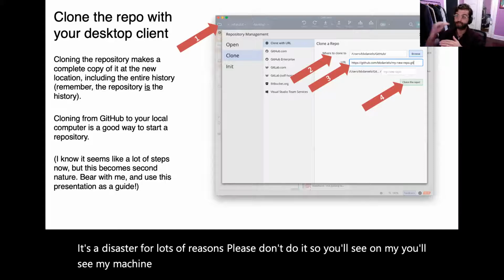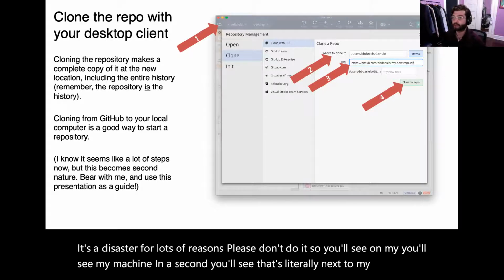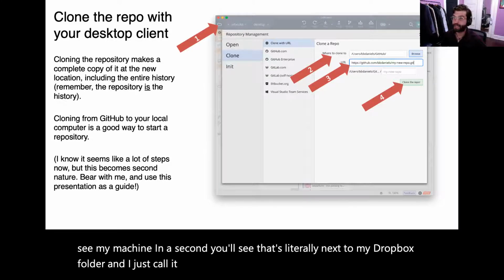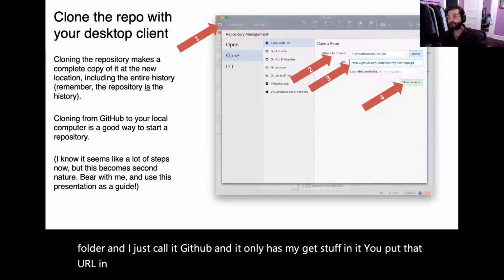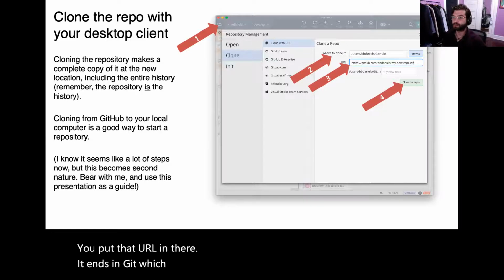So you'll see my machine in a second. You'll see that's literally next to my Dropbox folder. I just call it GitHub, and it only has my Git stuff in it. You put that URL in there, which ends in .git, which is telling the service where to find the history